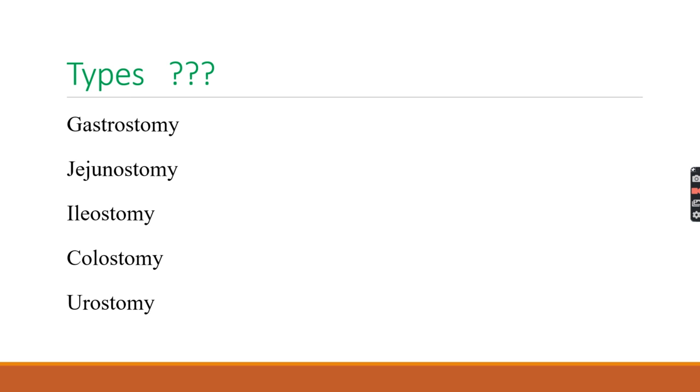So 5 important types: gastrostomy, jejunostomy, ileostomy, colostomy, and urostomy. And these operative procedures, I have already explained in another video how to